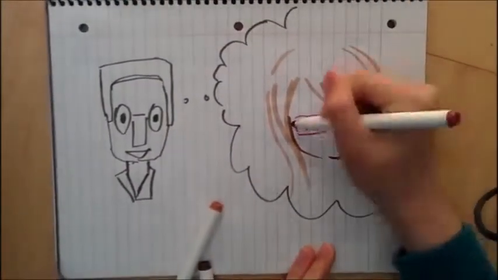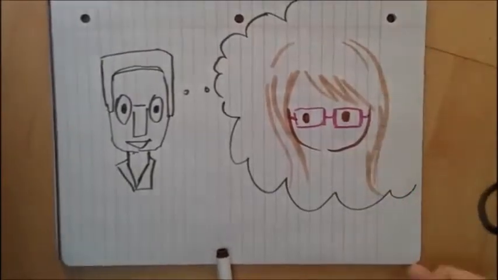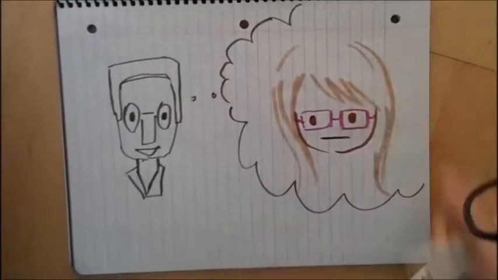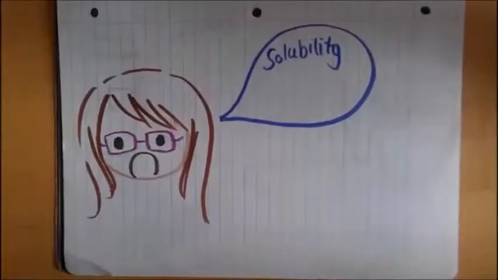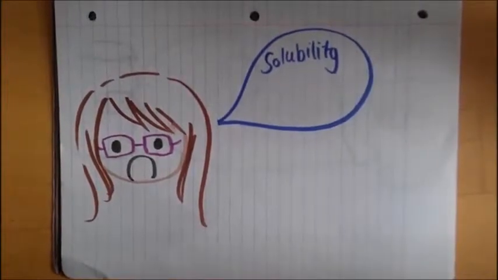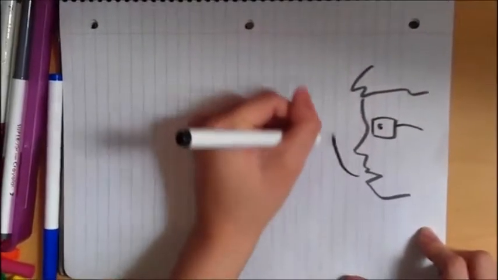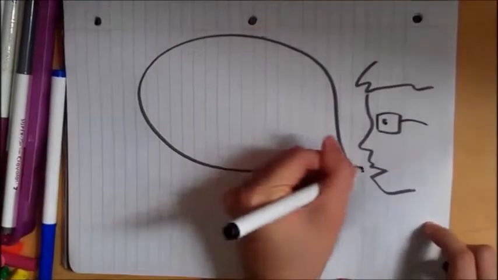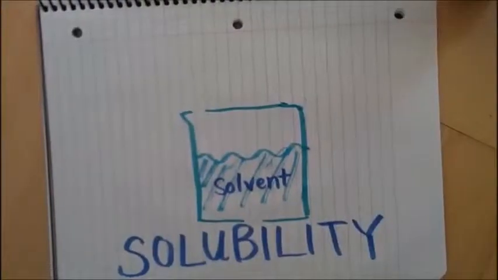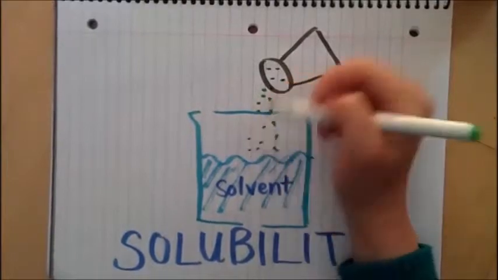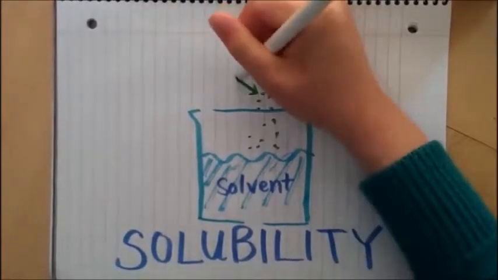The thought of solubility came to his mind while thinking of what Miss Mac had said. "Remember guys, solubility is the ability of a solvent to dissolve a solute." "But Miss Mac, what's the difference between a solvent and a solute?" "Well, Eugene, a solvent is the substance that dissolves the solute, usually water, while solute is the substance that is